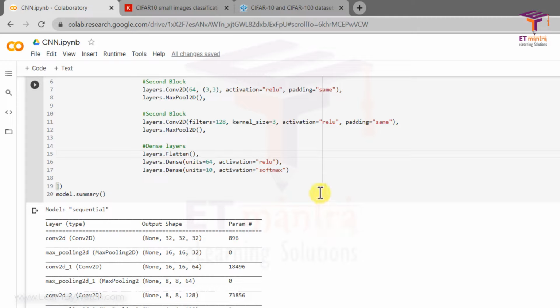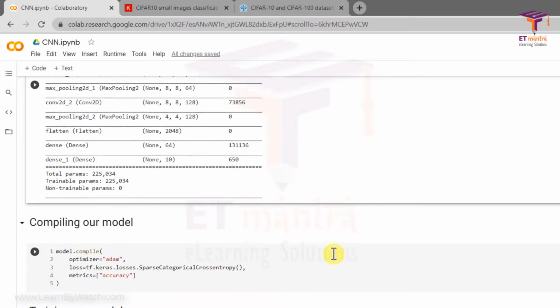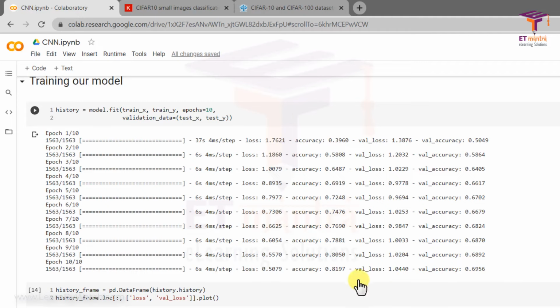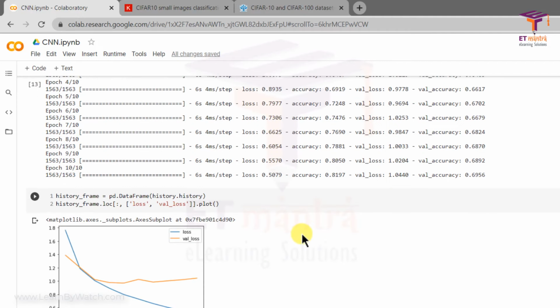So in that way you will be using the pre-learned model of VGG16, which will give a higher accuracy. That would be pretty good, and it will give better results than what we have achieved here. So with this, I think that you have understood how we implement convolutional neural networks.